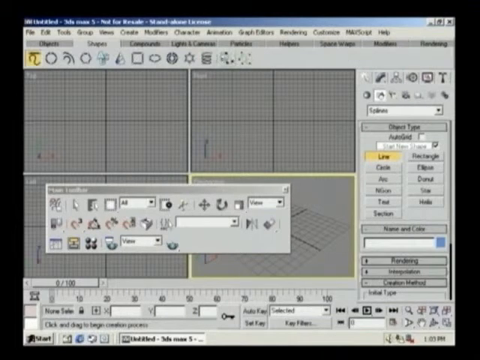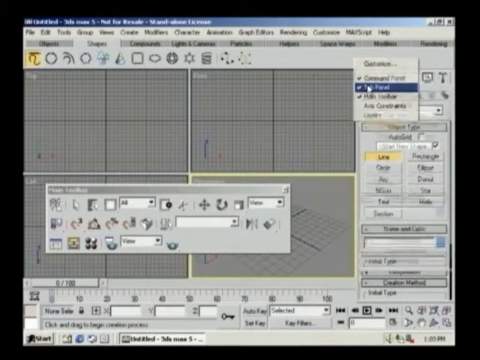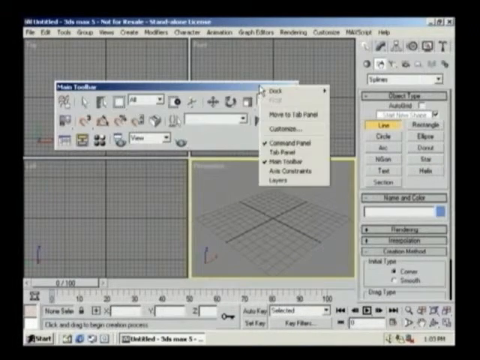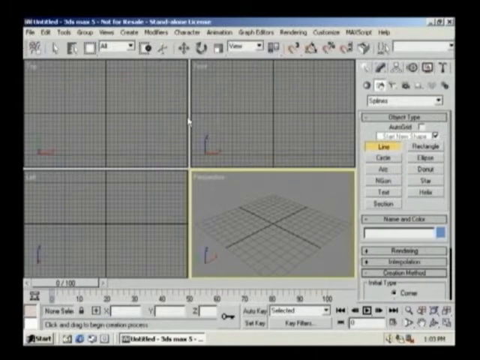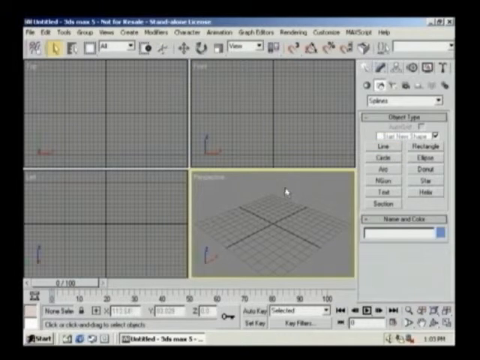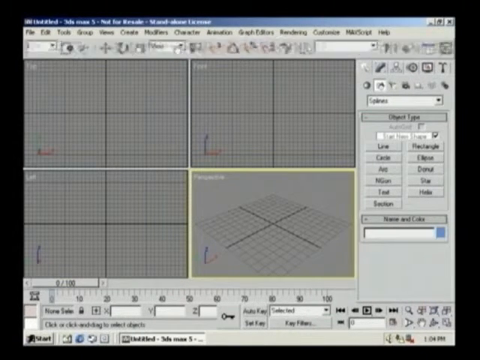I'm going to close the tab panels, and let's return our main toolbar to the top docked position, back to our default position. So you can see there are all kinds of tools and buttons available within this program. And if you hold your cursor over a button or a tool, that tool's name will be displayed. So you can get an idea of what each one of these is called or what it does. And as these videos progress, we're going to be learning about all the different buttons and the purpose for all